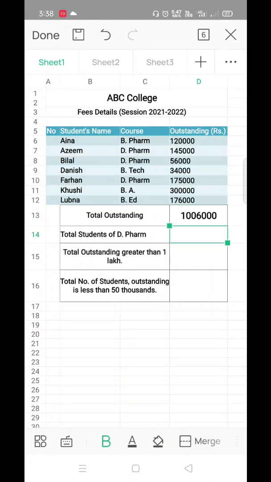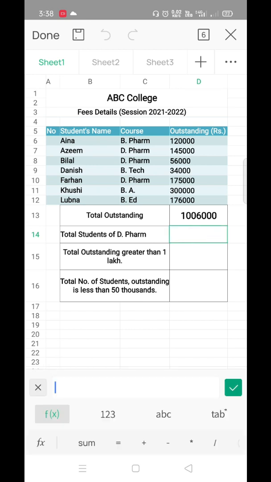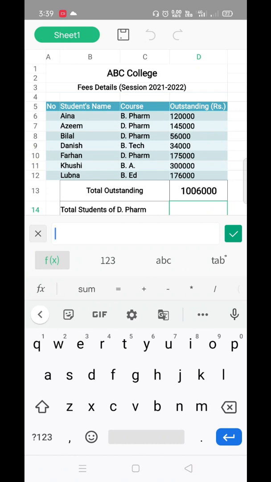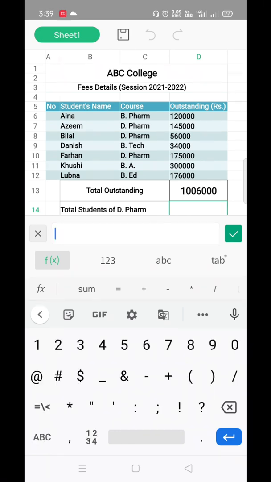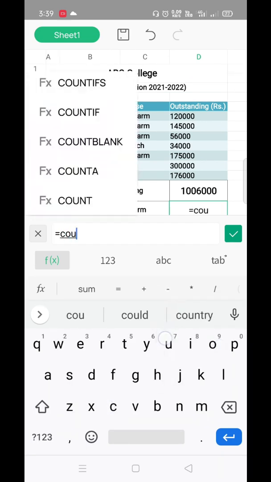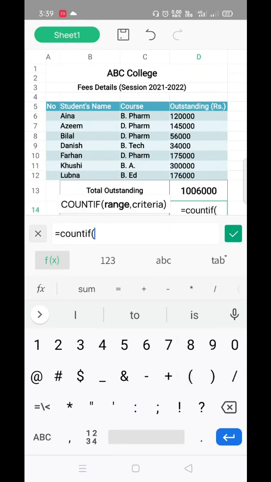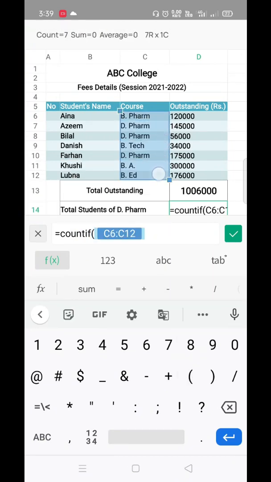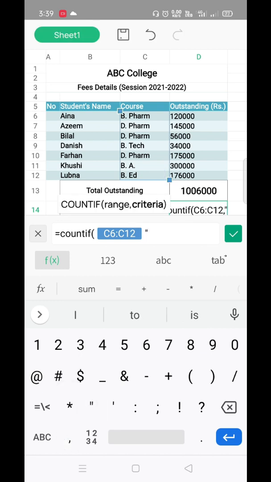The second one is the total number of DPharm. So here we will use the formula COUNTIF, because here it is asking for the total number of students of a particular course. That's why we will use the formula equals COUNTIF, then start your bracket and select this column of course, then comma and inverted comma.